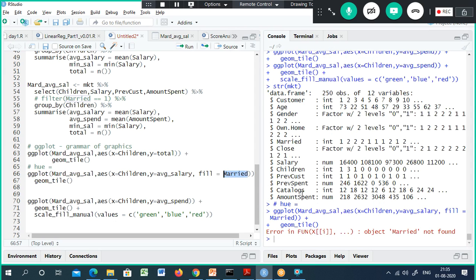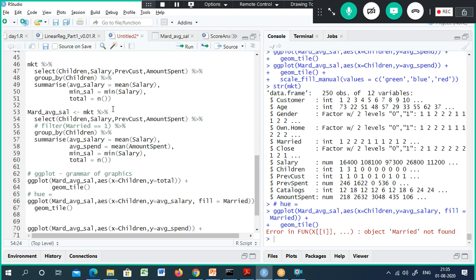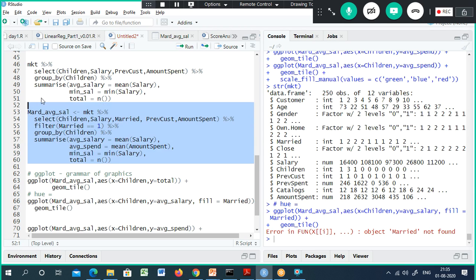Married not found. This is one problem I'm getting, and you know the reason why I was getting that error. No one was able to look here in the select function. I did not use the column married. I did not select it. Whatever columns you selected are the ones you can use in the subsequent statement. Either you don't specify a select statement, or if you specify it, you need to make sure that whatever columns you are going to use in the subsequent line are available in the select list. That is the reason why I was getting that error.